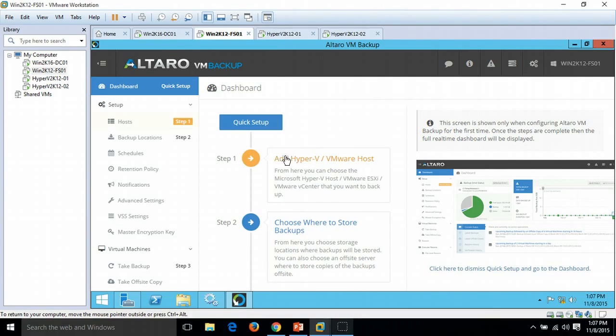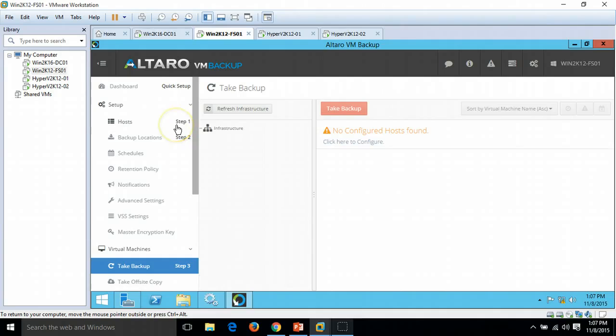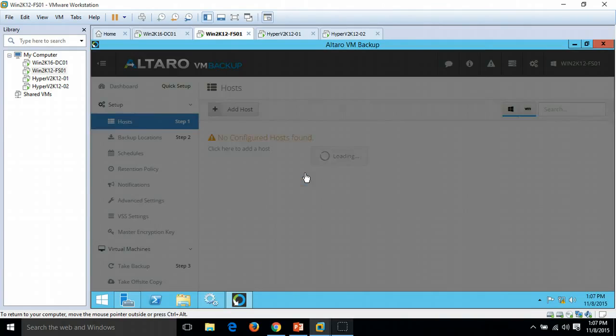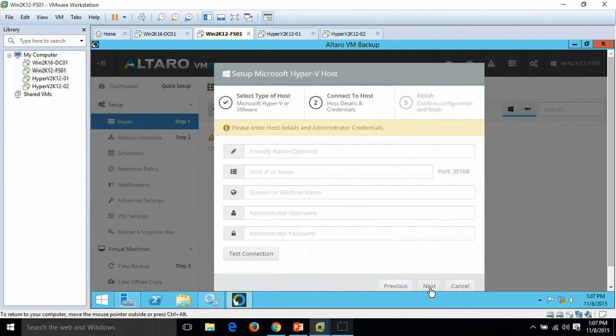And here we are. It's showing 3 steps for the quick setup: add Hyper-V or VMware host, choose where to store backup, and the third one is take backup. So I'm going to do this step by step. On the first step I'm going to add my Microsoft Hyper-V host. Click on Microsoft Hyper-V host and click next,